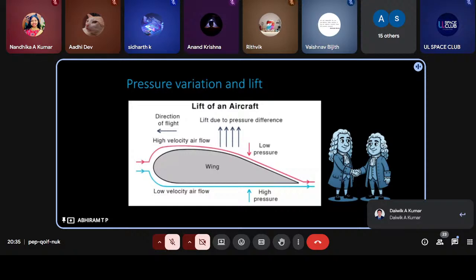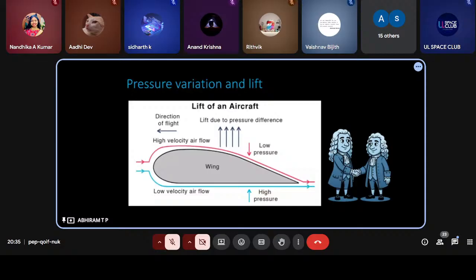Not only that, but also according to Newton's laws of motion, effectively when a wing is moving forward, it is pushing the air backward. Hence, according to Newton, the air will give a push to the plane in the front direction. So that is the simple dynamics behind the lift, and I know here we have some limitations for making you understand this concept through an online platform. However, you are free to ask doubts after the session.